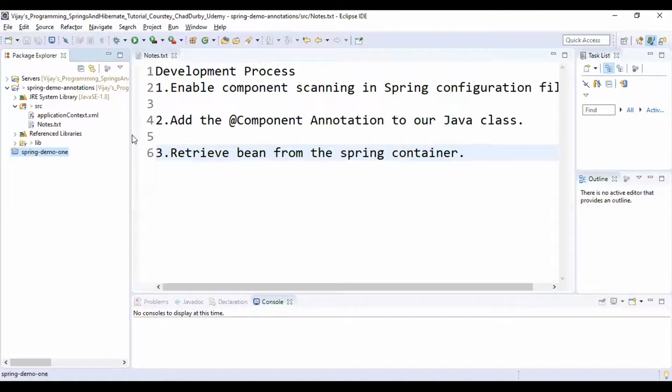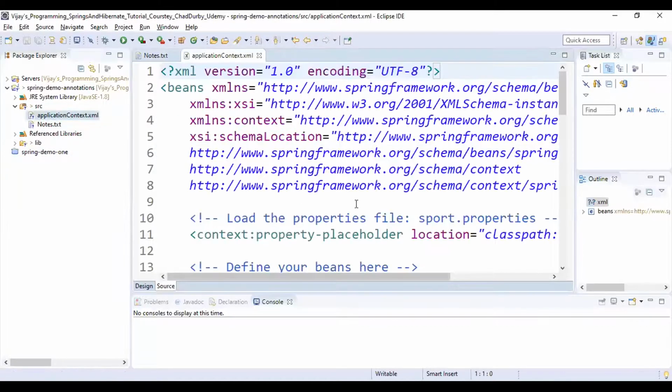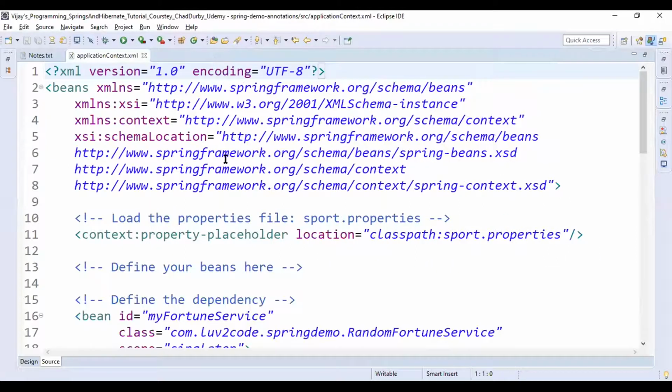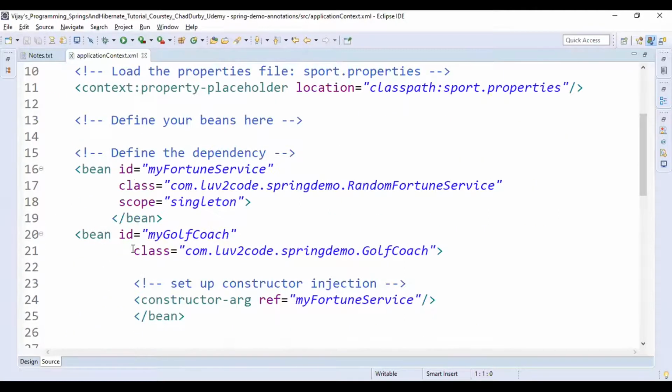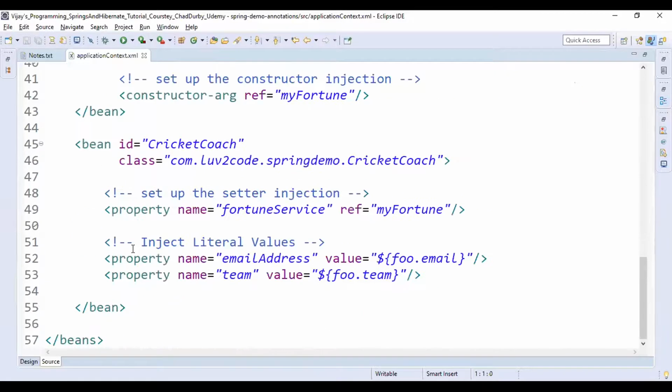Now come to the applicationContext.xml. I'm expanding this window. I'm removing all the content that we worked on in the previous project.